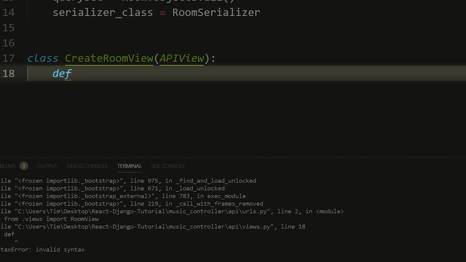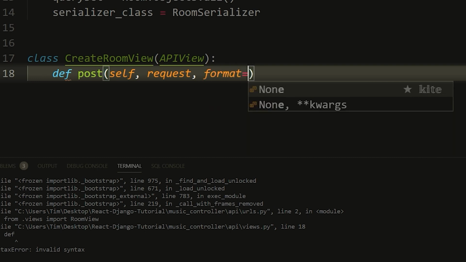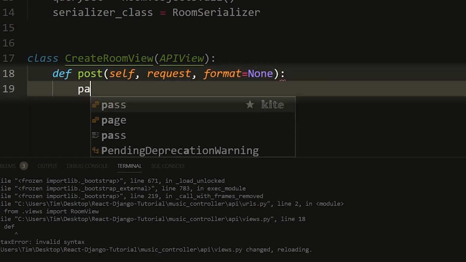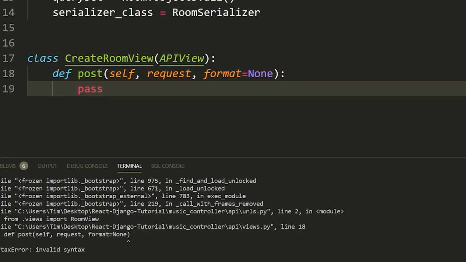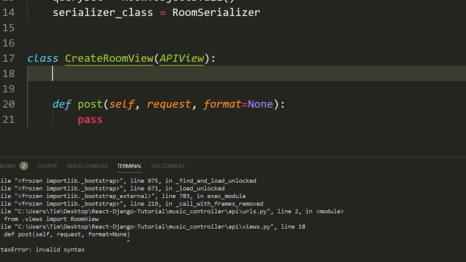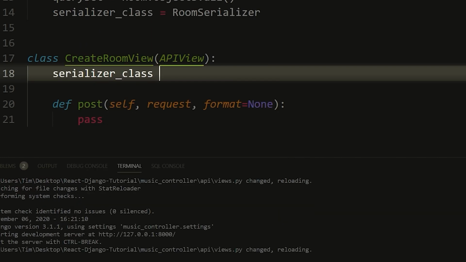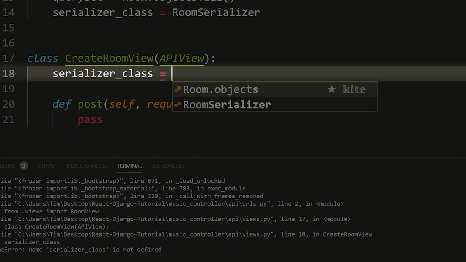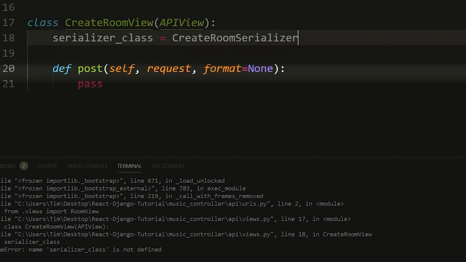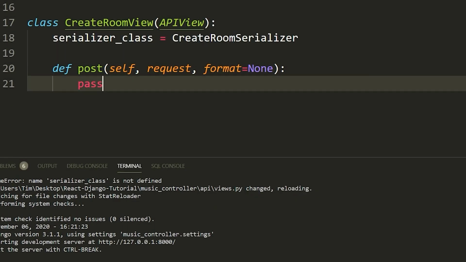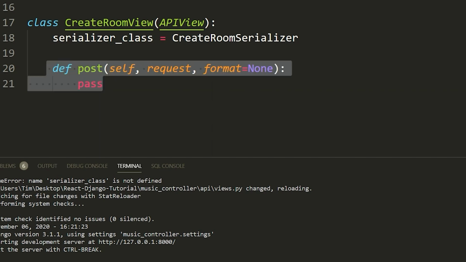So let's go ahead and continue, and I want to write now the method, which is a post method. So I'm going to define post, I'm going to put self, I'm going to put request, and I'm going to put an optional format that by default will be equal to None. Now I'm just going to put pass inside of there so this server down here stops getting mad at me, and I'm going to define what is known as the serializer_class inside of this CreateRoomView as a, I guess, class variable or whatever you would call it. So I'm going to say serializer_class equals, and instead of RoomSerializer, we're going to use CreateRoomSerializer. Now this is unnecessary. I don't need to do this, but I'm going to just because it kind of makes more sense if we were going to have a lot more methods in this class, and well, you'll see why in a second.